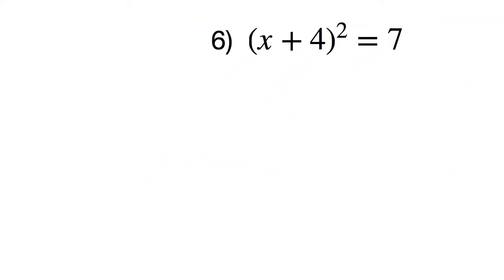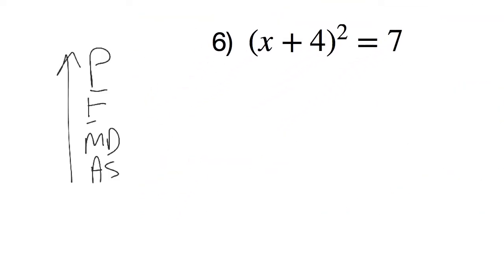Number 6. You get x minus 5 is equal to plus or minus the square root of 3. Adding 5 to both sides, you get x is equal to 5 plus